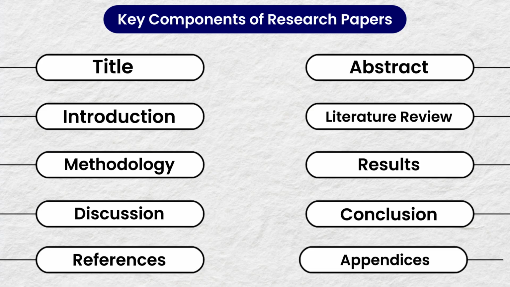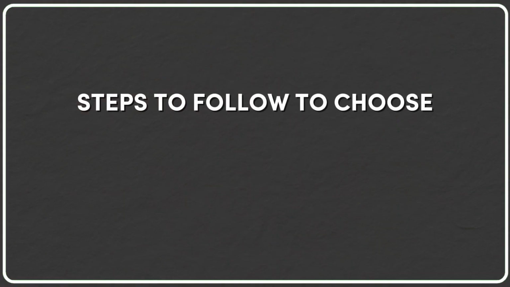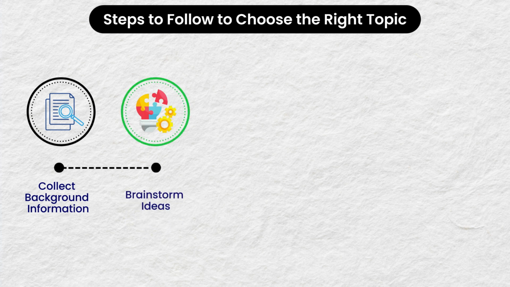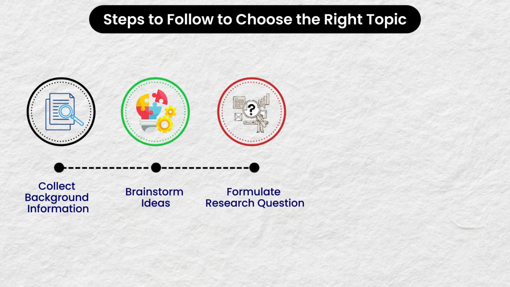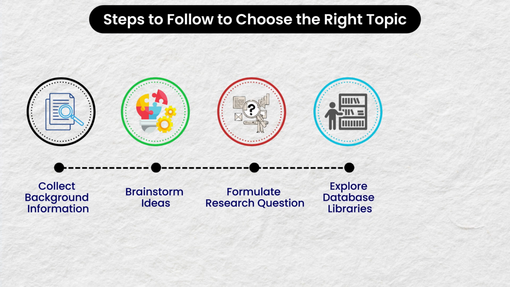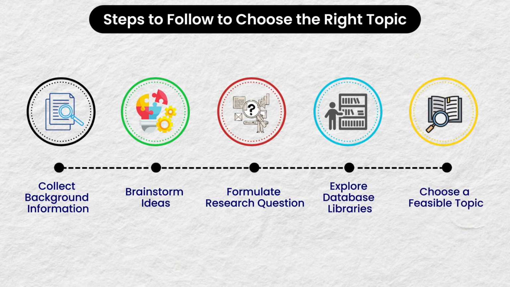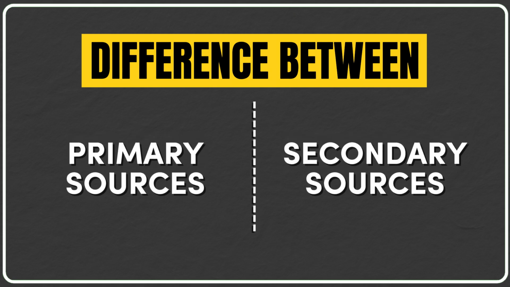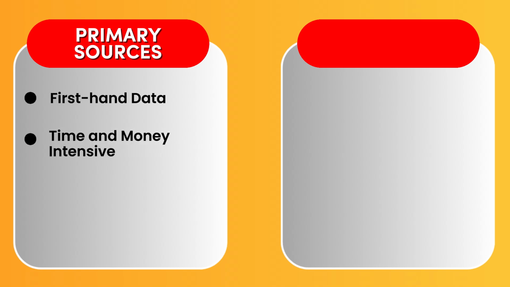appendices. Steps to follow to choose the right topic: collect background information, brainstorm ideas, formulate research question, explore database libraries, choose a feasible topic. Difference between primary and secondary sources: primary sources, first-hand data, time and money intensive, provide original